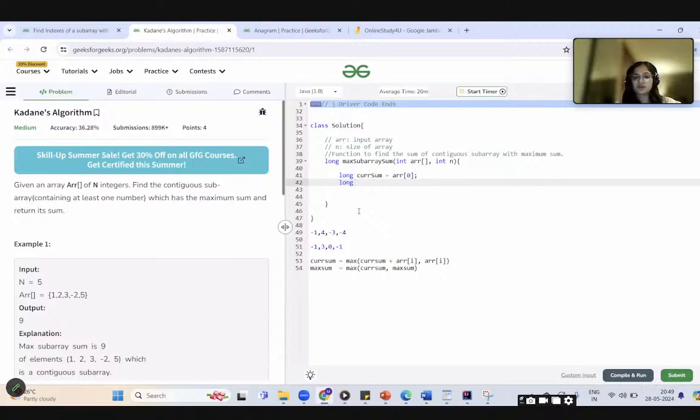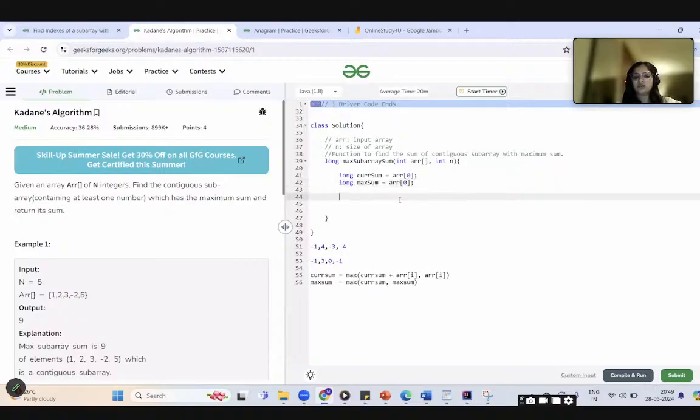Okay. So next we took another variable maxSum, that we also initialize as the first element only, that is array of 0. Next we update the current sum and the max sum as we are traversing through the loop. Now here I have taken the condition as int i equal to 0. Is it right or wrong? Already I have assigned the first element to these variables. We have to compare it with the rest of the elements, right? So we will take it from i equals 1.